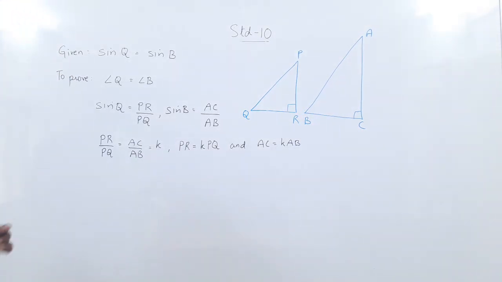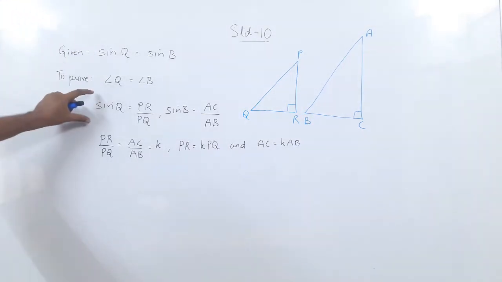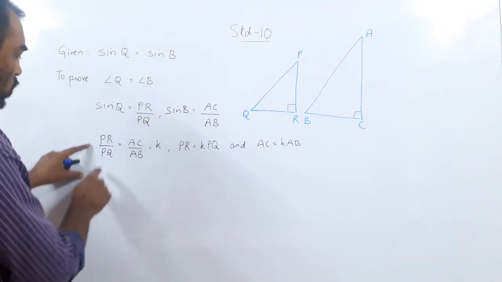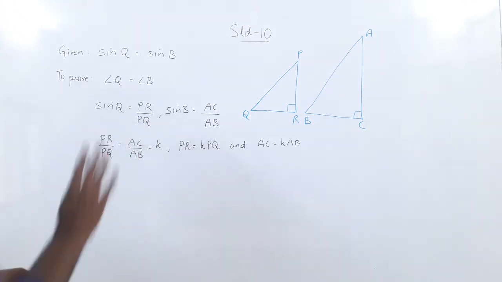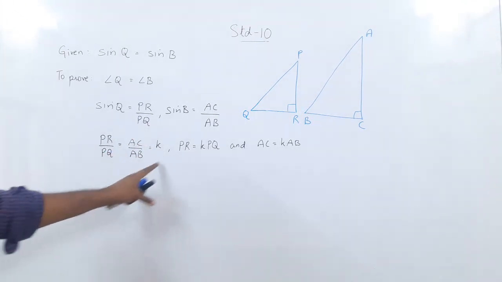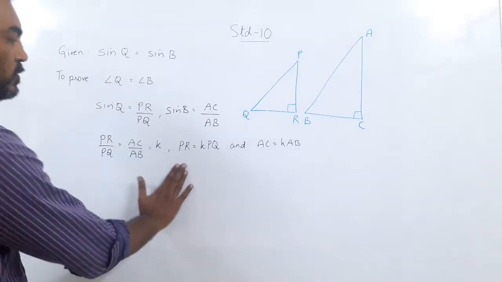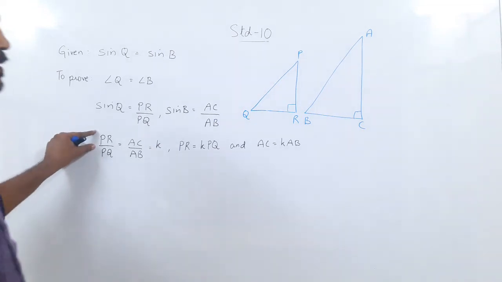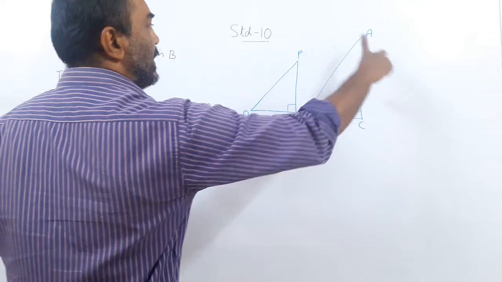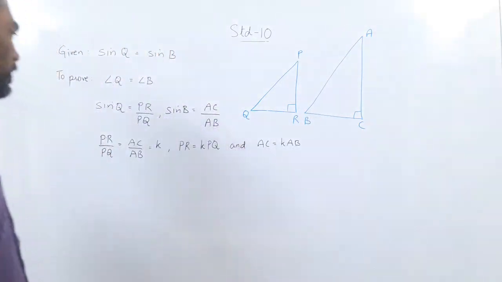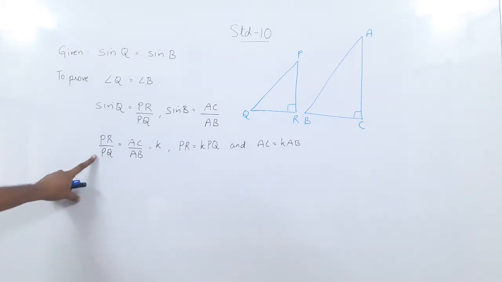Okay. This is clear till here? We have taken the ratios. The ratios were given equal, so they are equal. What I call this ratio? I call this ratio by the name K. So PR equal to K into PQ, AC equal to K into AB. This is what I got. Okay. Now they both are right angle triangles. We got the ratio of PR and PQ, AC and AB. What about QR and BC? These are left.